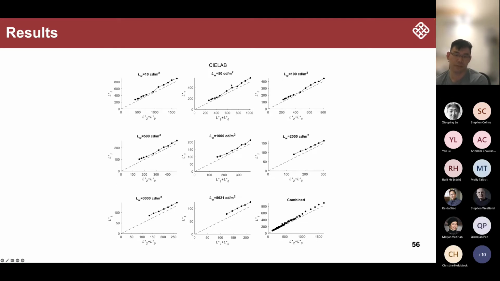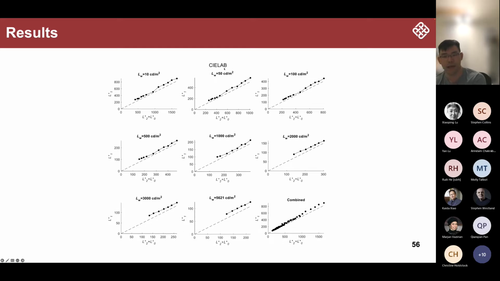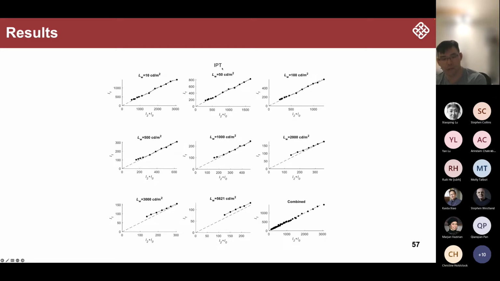And then, interestingly, we find CIE-ARB was actually making a very good performance. Because CIE-ARB is using a power function, you can see that all the data points, although it's not perfect, are very close to the diagonal line. And also for the IPT space, you can see that it's pretty good. The same thing happened for CIE-ARB and IPT: they are using the power function to describe the nonlinear compression. Which means for HDR conditions, maybe we should come back to the power function instead of the parabolic function.